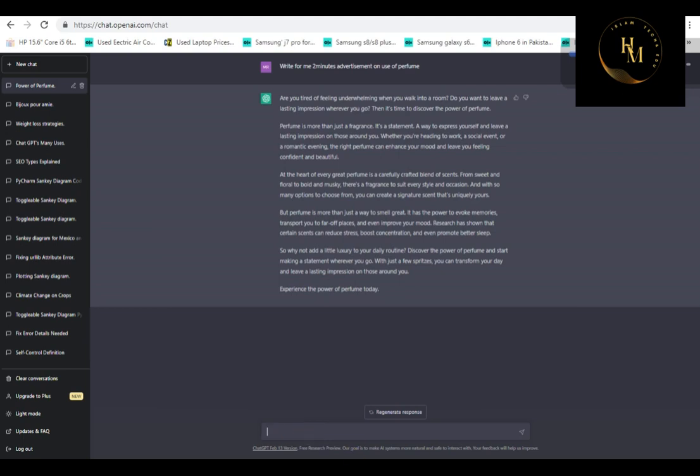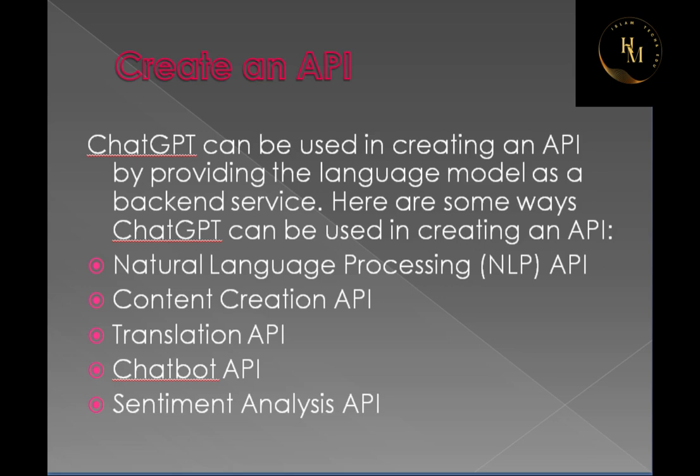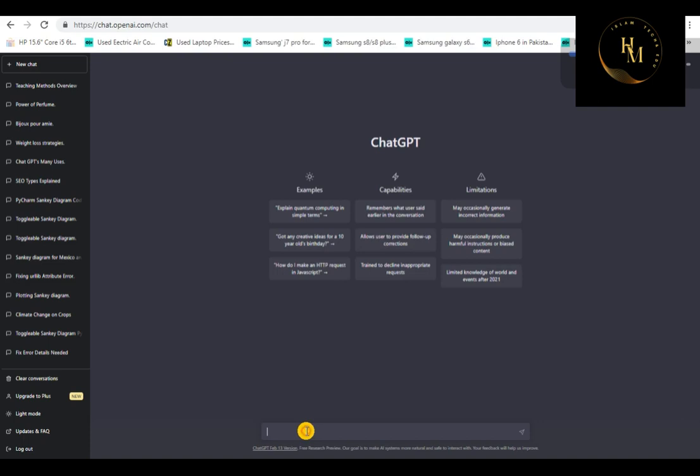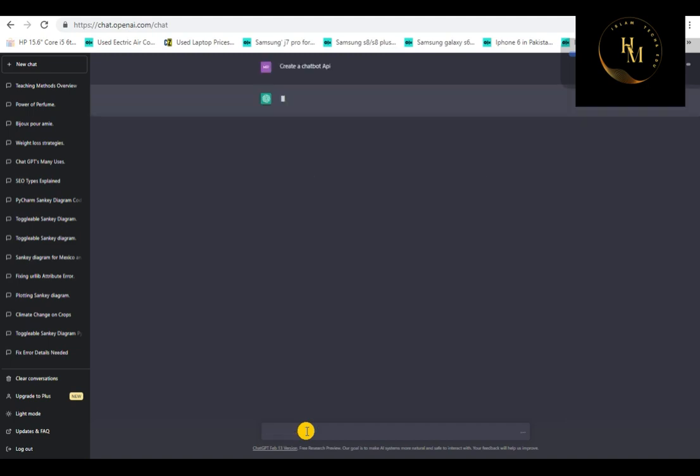Now let's move on to our next topic: creating an API. Many people don't know what an API is. ChatGPT can also be used in creating an API by providing the language model. If we talk about a content creation API, ChatGPT can be used to create an API that